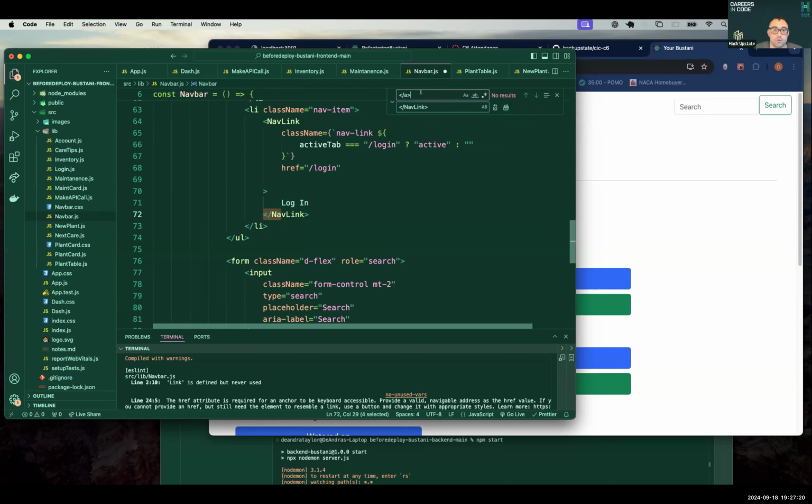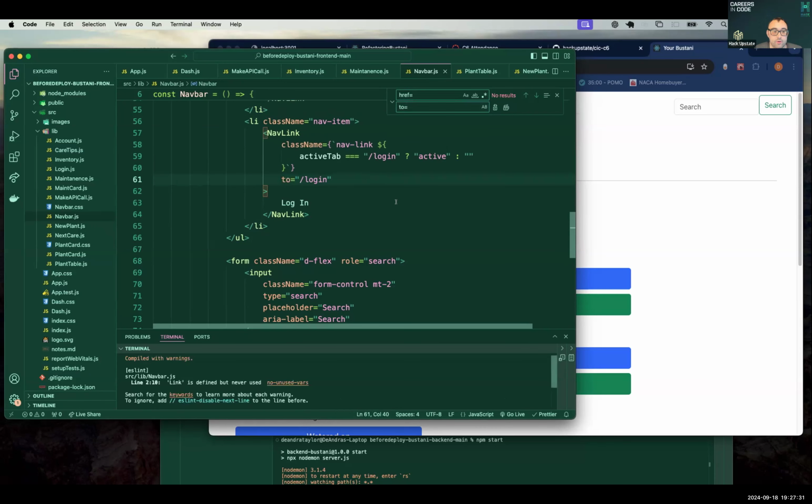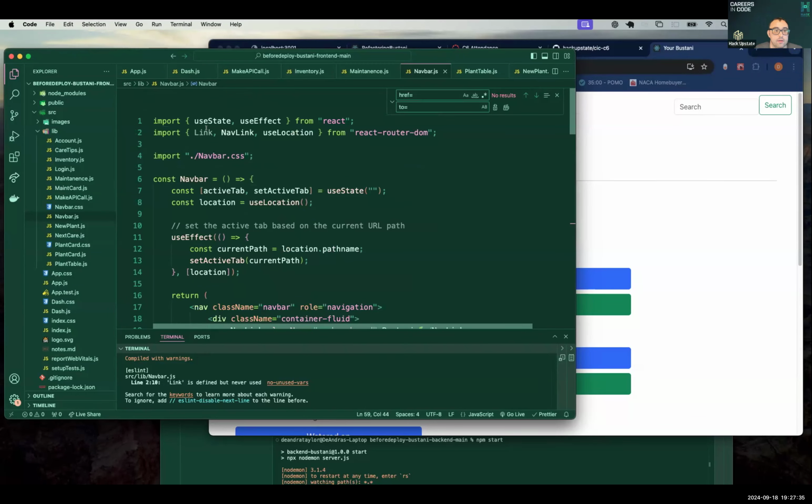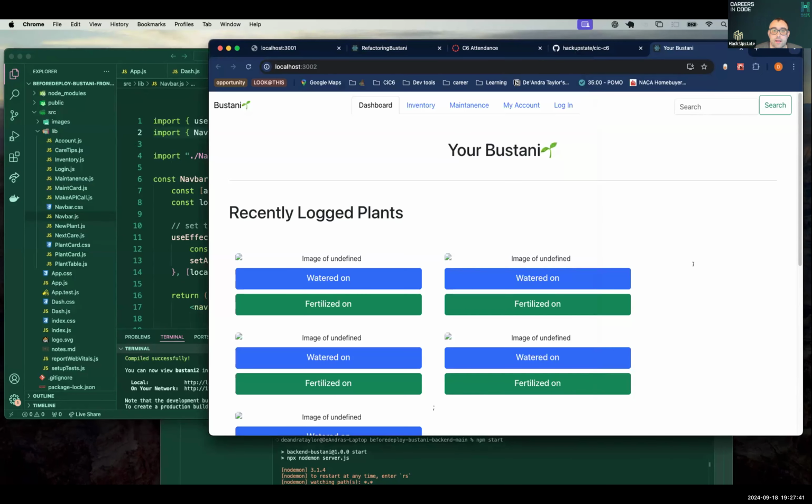And then we can replace any href with a to. And then we go find what we blew up. Link we don't need because we're using NavLink instead.